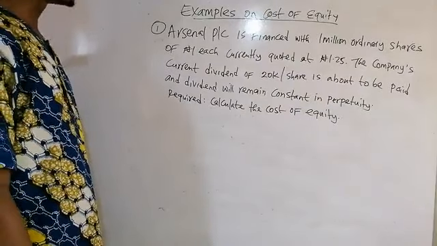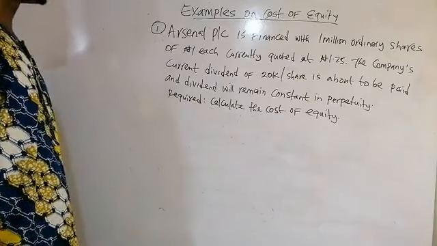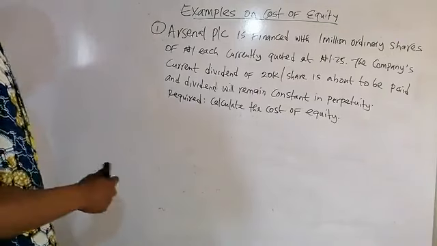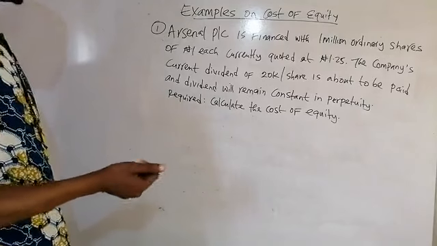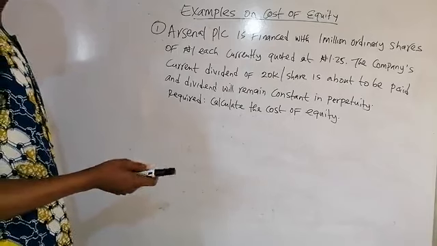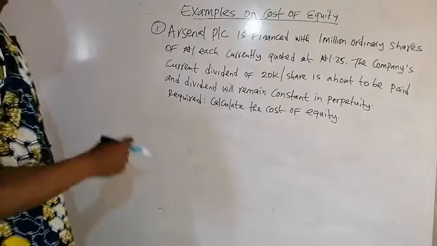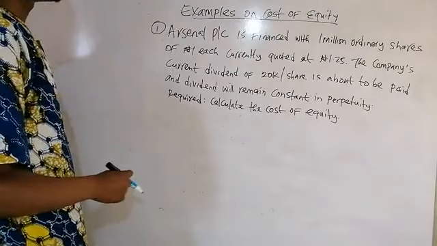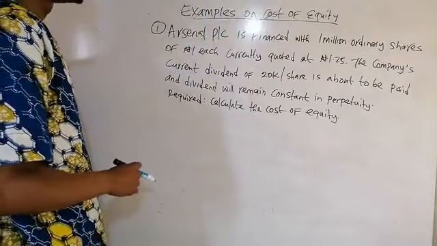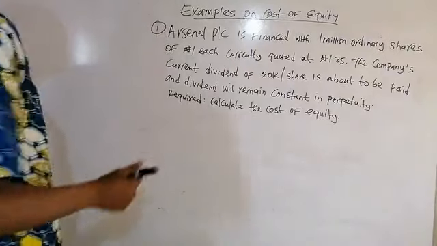In our previous videos, we have discussed the concept of cost of capital, where we covered different kinds of capital such as equity, preference shares and debentures. We were given different formulas for computing cost of capital. Today we shall be solving some questions on cost of capital, particularly on cost of equity, which you normally call ordinary share. So, looking at this question on the board,